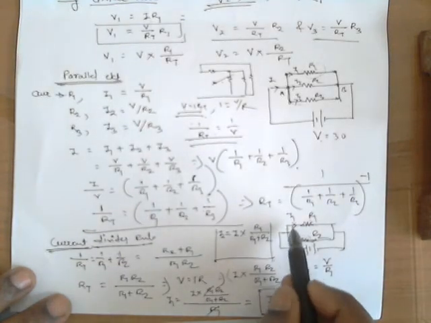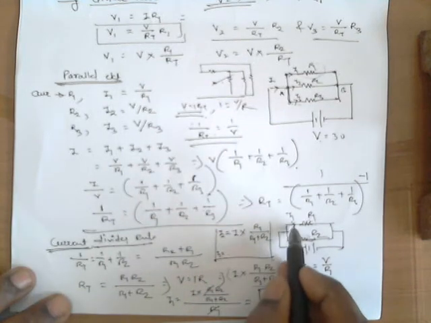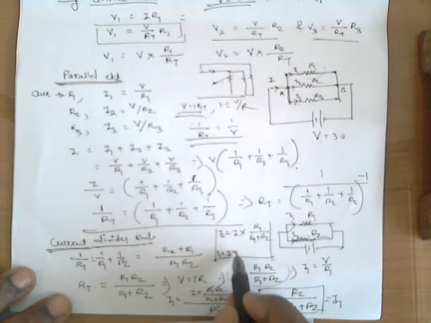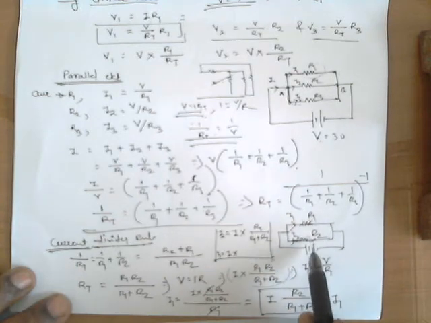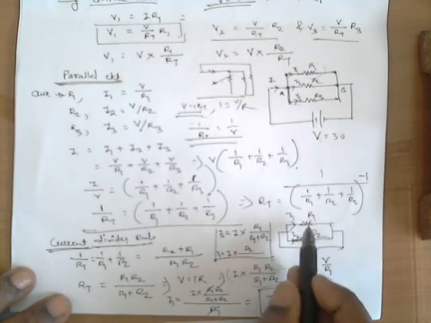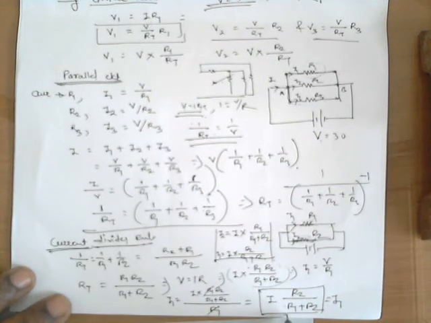This is a trick. Similarly, let's see whether we get the same current. I1 is given as the total current I into, now we are interested in finding the current through R1, no? So what is opposite to it? R2. R2 divided by the addition of both, R1 plus R2. See, it is the same. Okay, so this is how series and parallel circuits work.